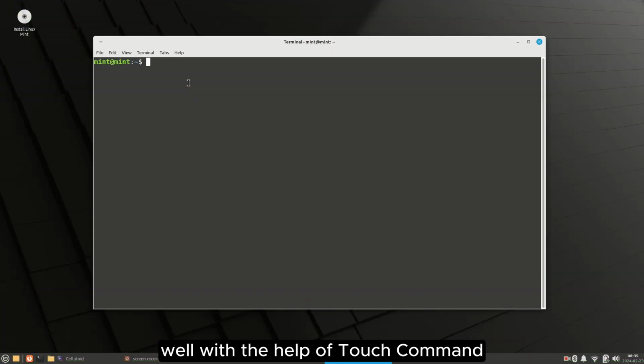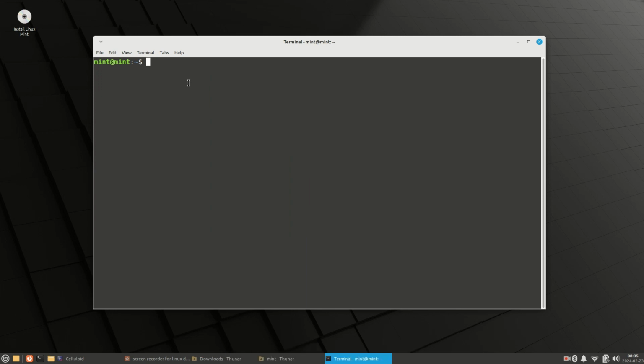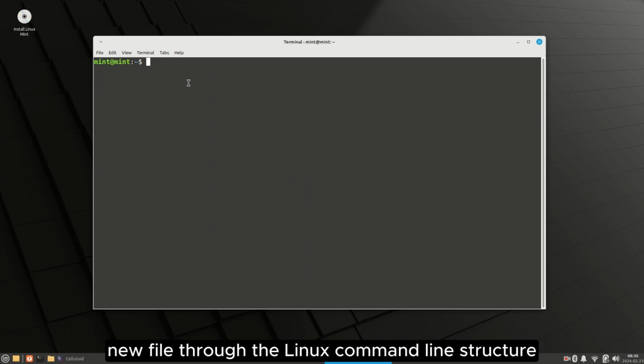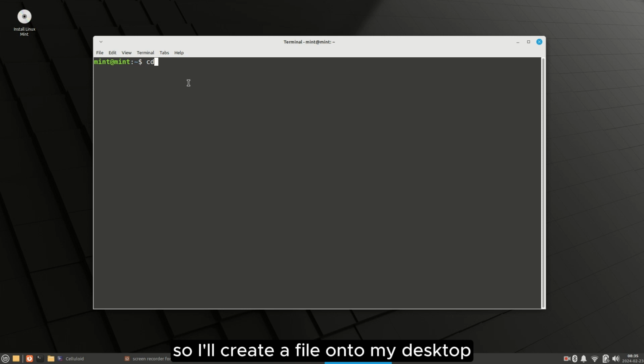At number 4, the touch command. With the help of the touch command, you can create a blank new file through the Linux command line. So I'll create a file on my desktop. I will write cd space Desktop, hit enter, and now I'll create a file. So I will write touch space